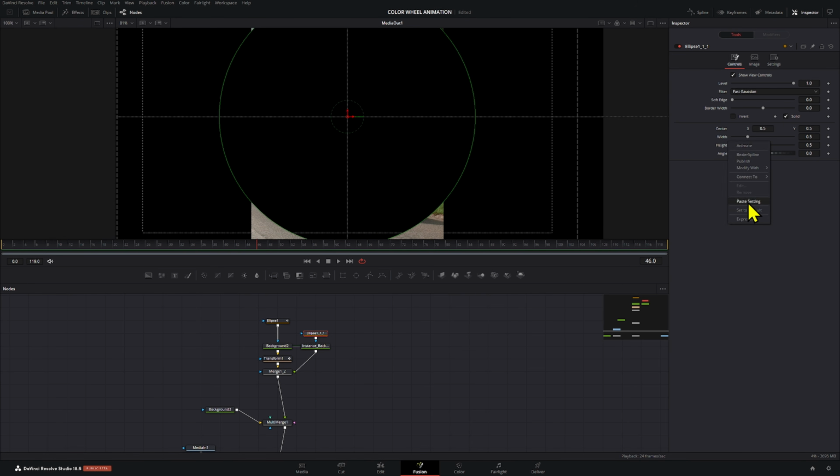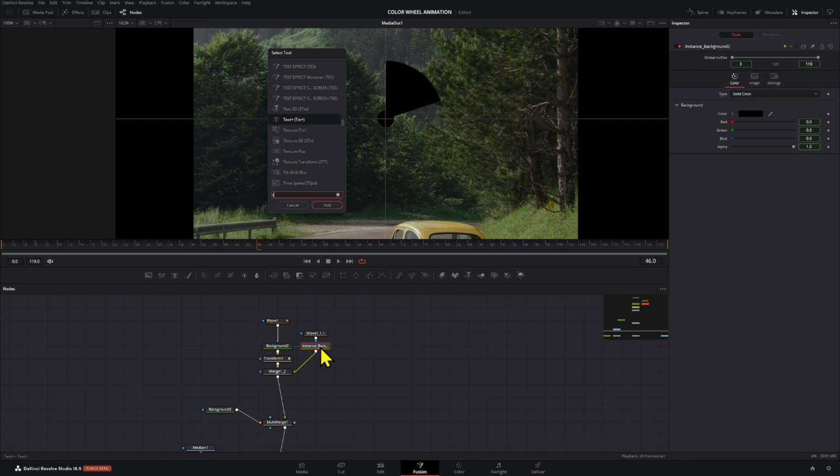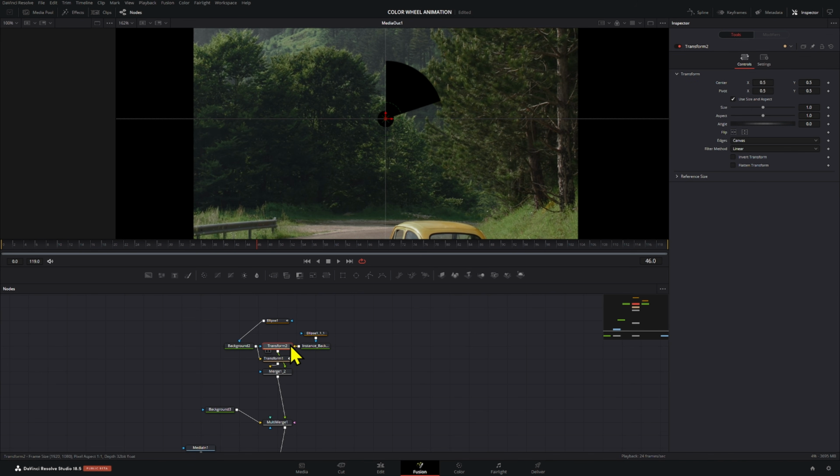So we're gonna click on the expression again, connect that there, and we're gonna make these really small like that. That way, then we can just create a transform for this one here, which will be the bubble movement.